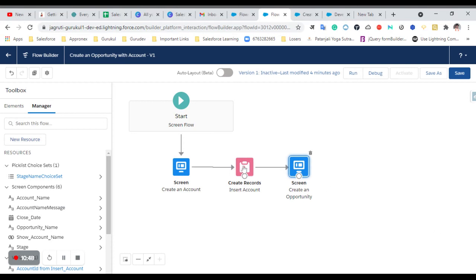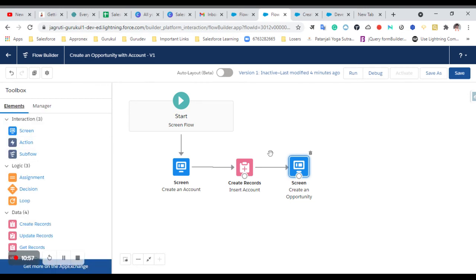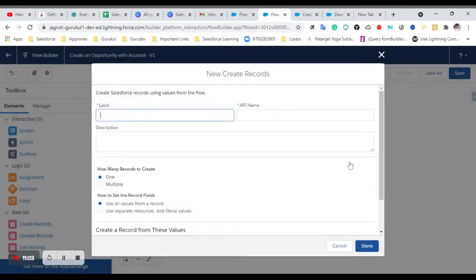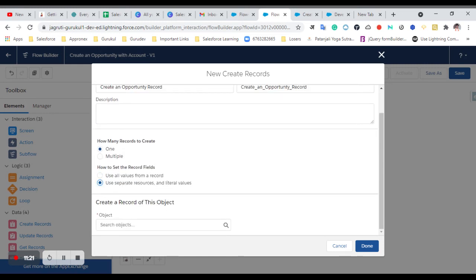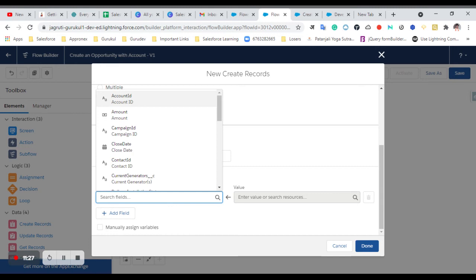And so let's do one thing for now, because I want to insert one opportunity record also. So let's just put one thing also. So here I'm just putting create an opportunity record. Okay, great. So separate opportunity, and here I want to give all the things.